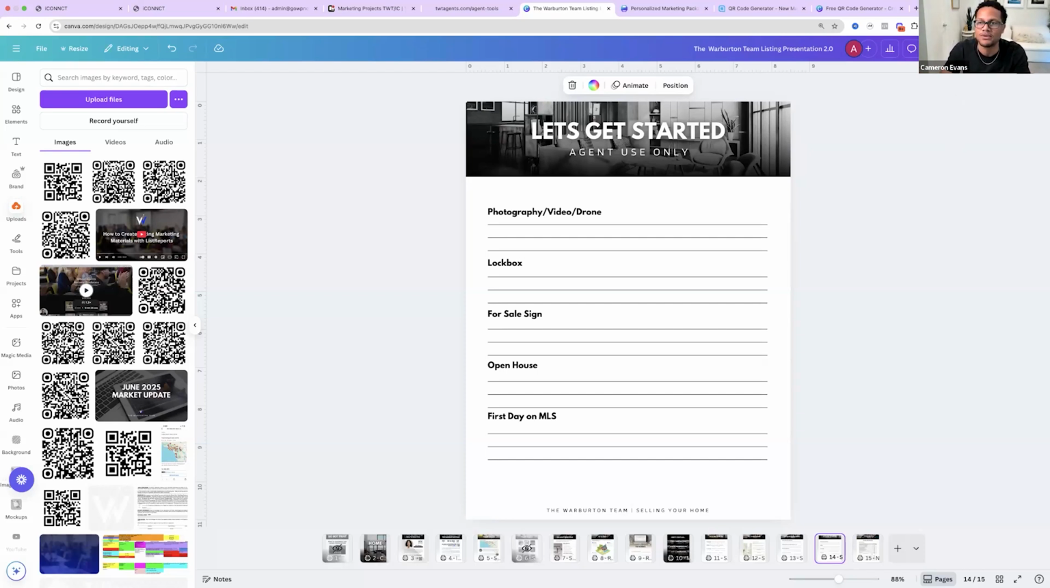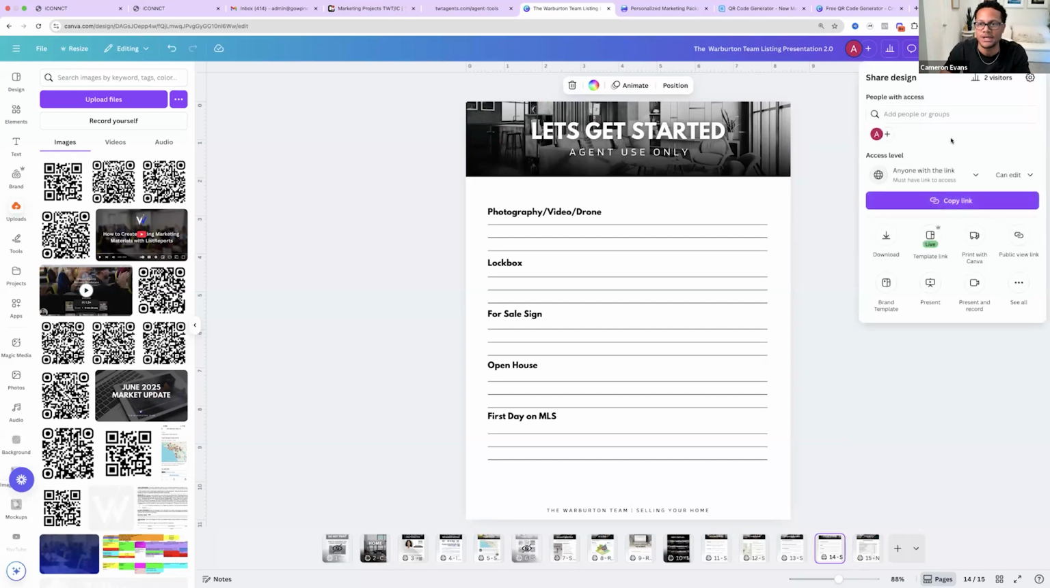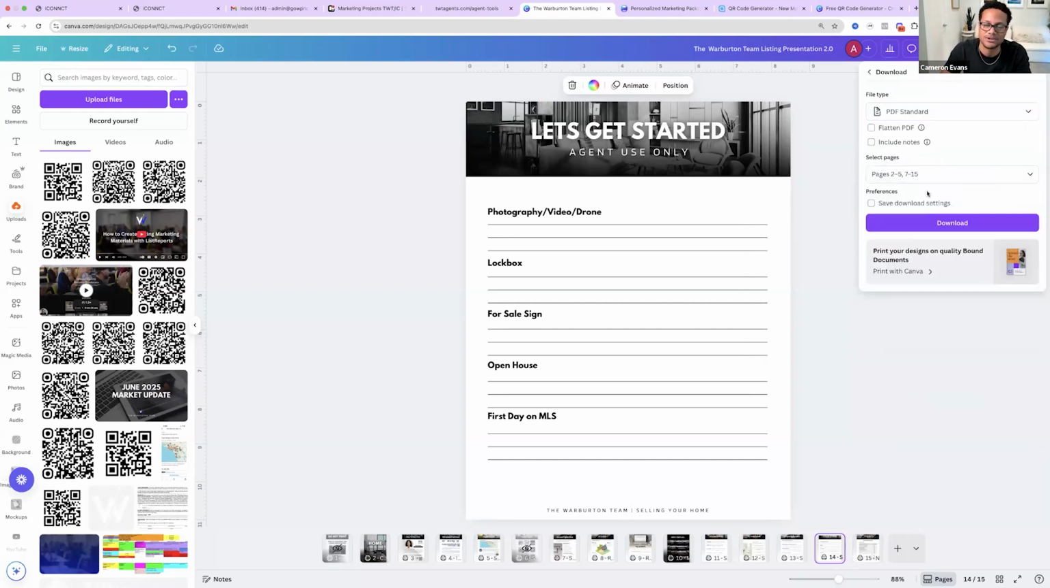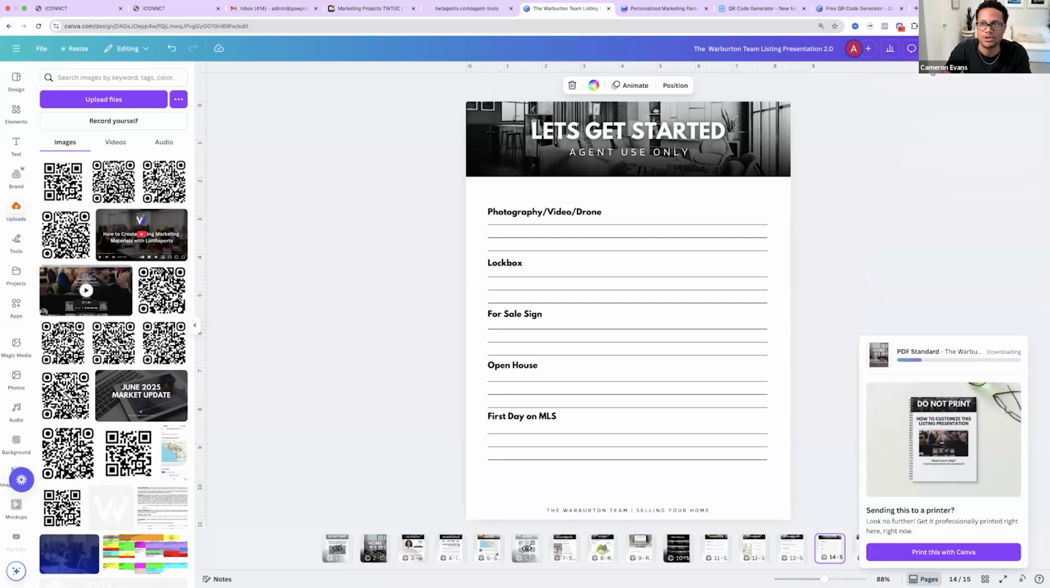And so if you go ahead and hit share, you're going to see an option to download. As soon as you tap download, what I always do is save these as a PDF standard. Then, as you can see, it's going to ask you what pages you want to select to print. And this is correct: pages 2 through 5, and then 7 through 15. As you can see, it skipped the 2 pages that I hid. And then all I'm going to do is hit download, and that's going to download to my computer with